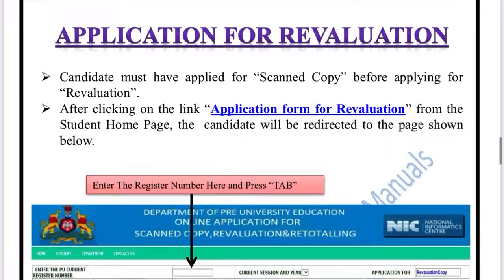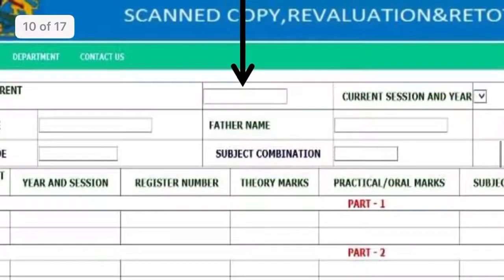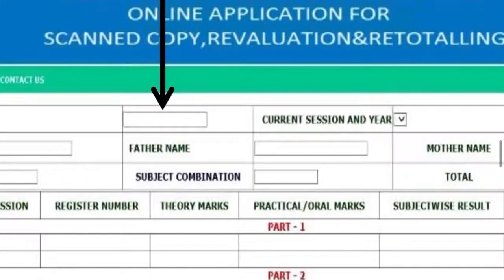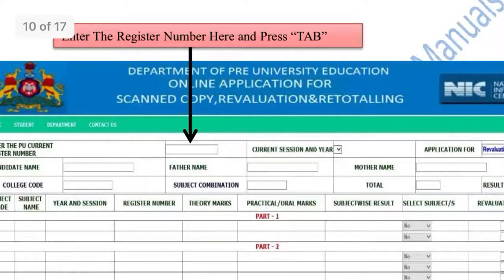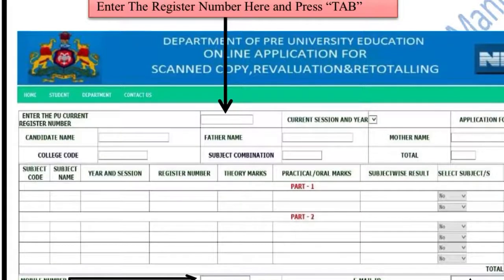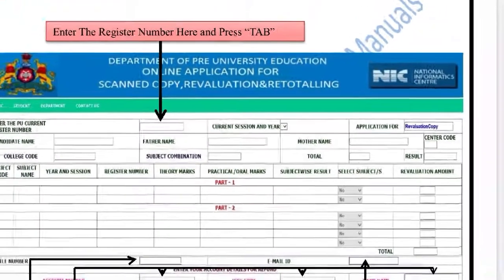So here you can see this particular tab once you click on the application form. Here you can see the application form where you need to fill your mobile number. First you need to fill your register number. Once you fill your register number, all these fields will be entered automatically, like candidate name, father's name, mother's name, subject, college code, subject combination, result, total, everything will be filled.